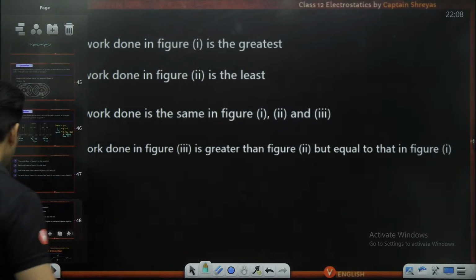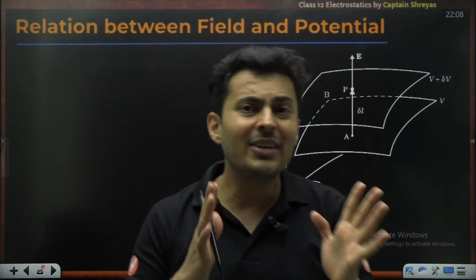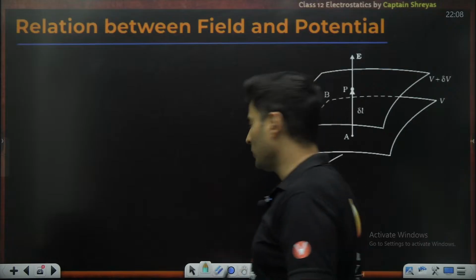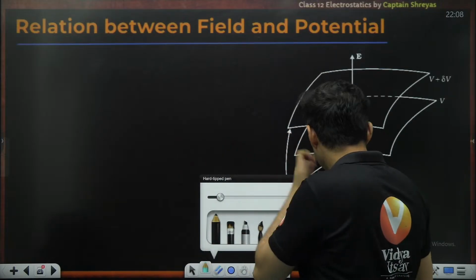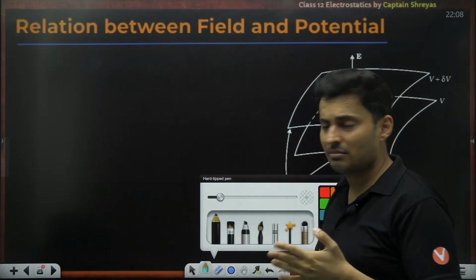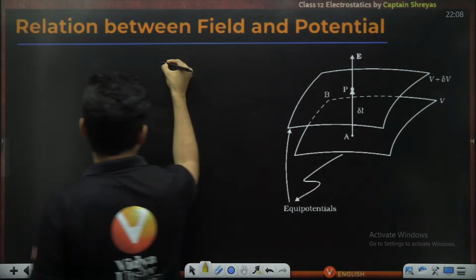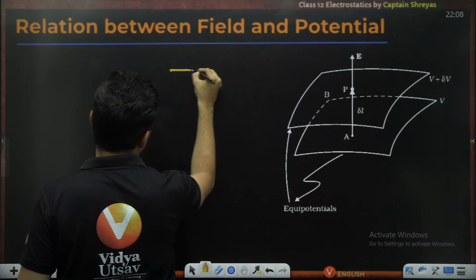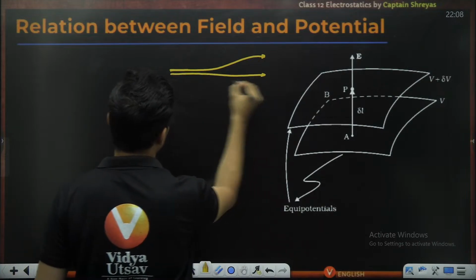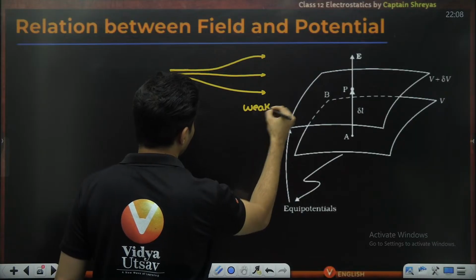Amazing. Now let's come to the place where we discuss how field and potentials are related to each other. How fields and potentials relate. This is the last part of today's class. See, I'll tell you what. One thing is that the electric field is perpendicular to the potential surfaces, as told before. But also remember one thing. Say, for example, the field is very strong and then it becomes weak over here. There is a weak field